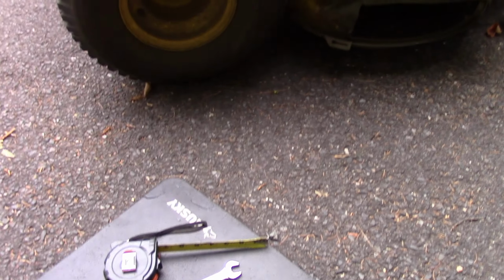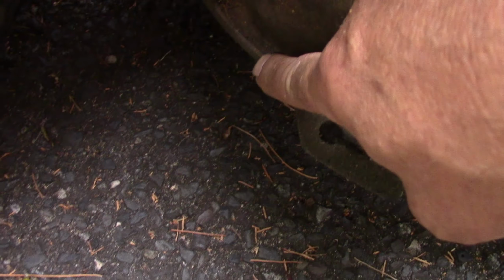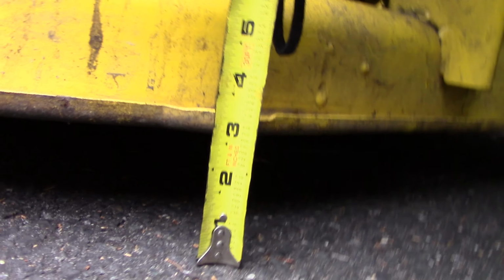And I want to measure left to right at 2 points in the back. Right here on the deck, near the tire. It's like right about here. In the same place over here on the deck, again, right about where the tire is. So like right about here. And so when I get down here and measure right about here, I'm looking at just about 3 inches. Over on this side at the same spot, I'm measuring 2 3/4,